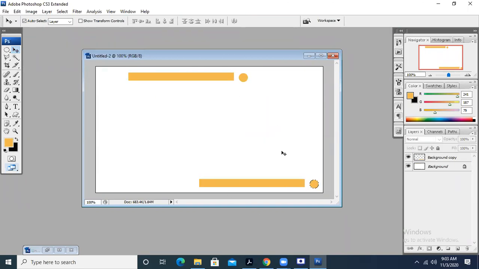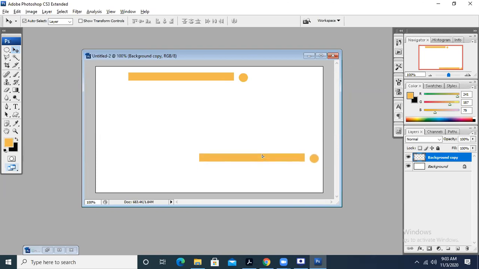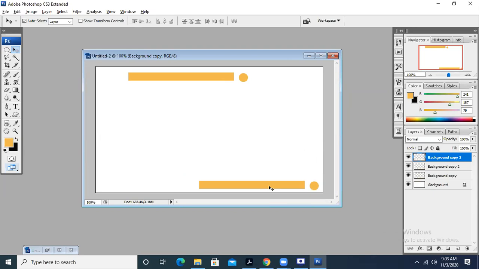So in this way, whenever we are designing, it's better that we take a new layer for our work, because it is going to make our work easier. Just like this object we have taken on a new layer, we can make copies of it by pressing the Alt button.